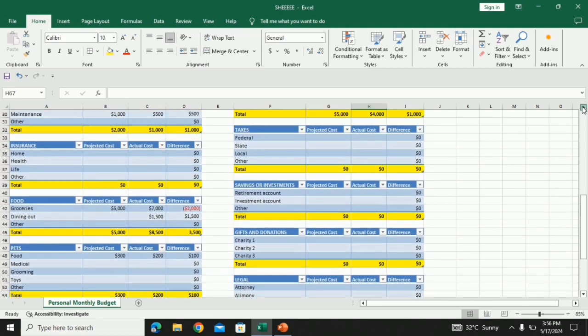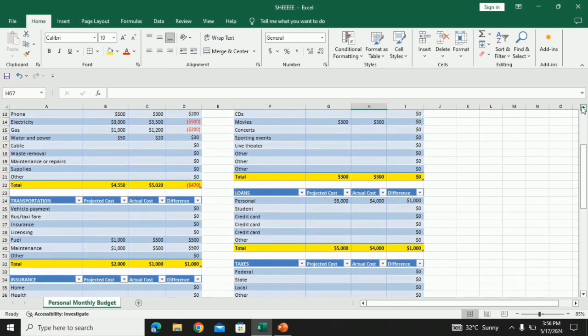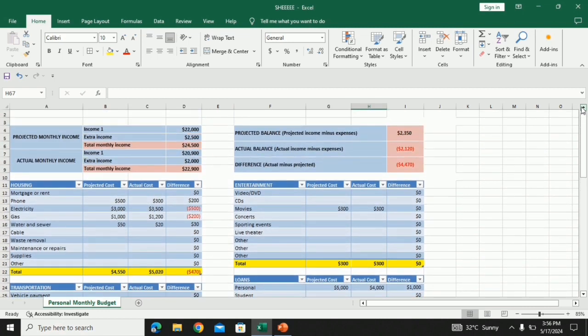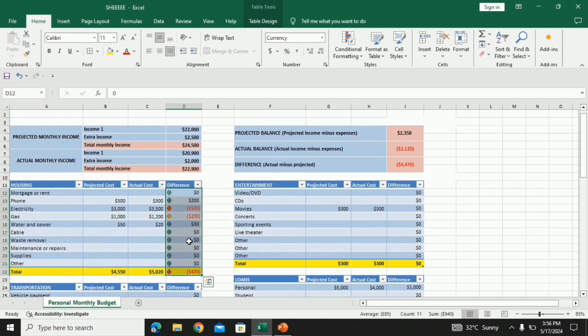And then after that, we can also put icons here in difference. Highlight them and then click icon sets.